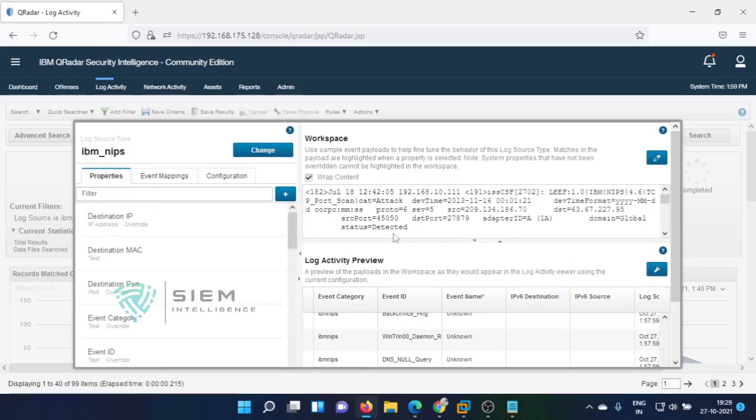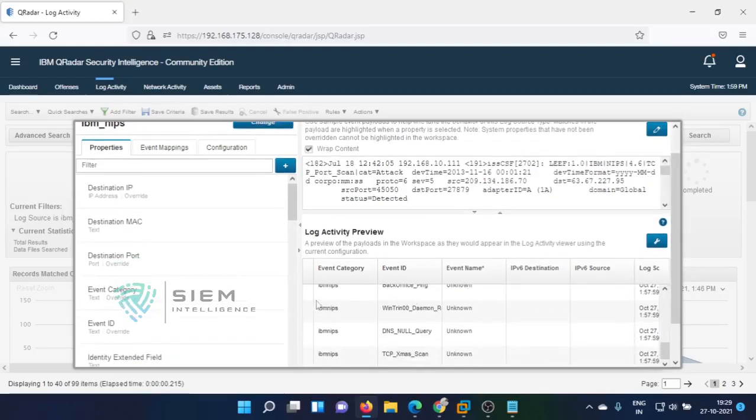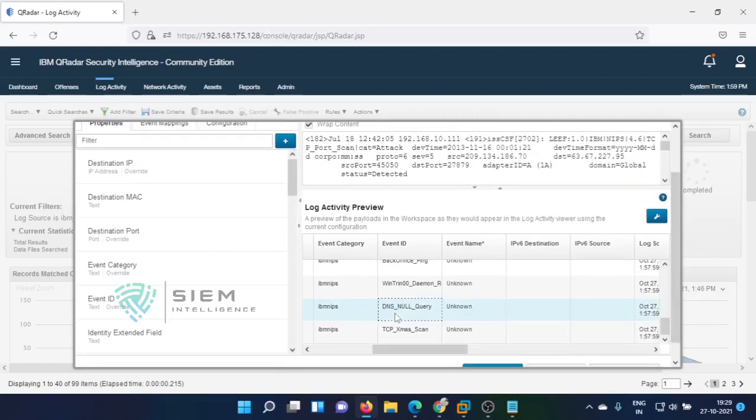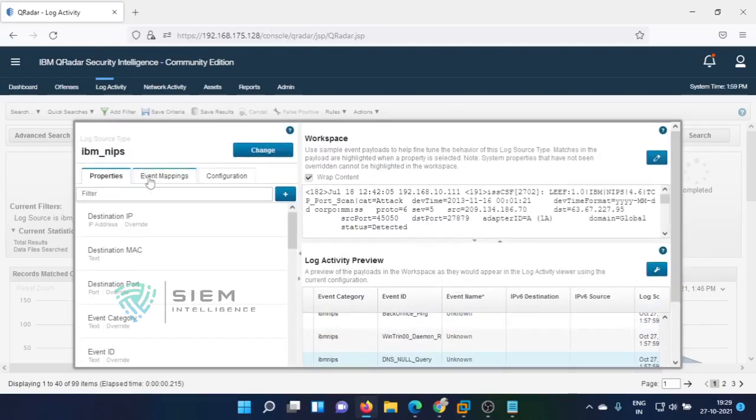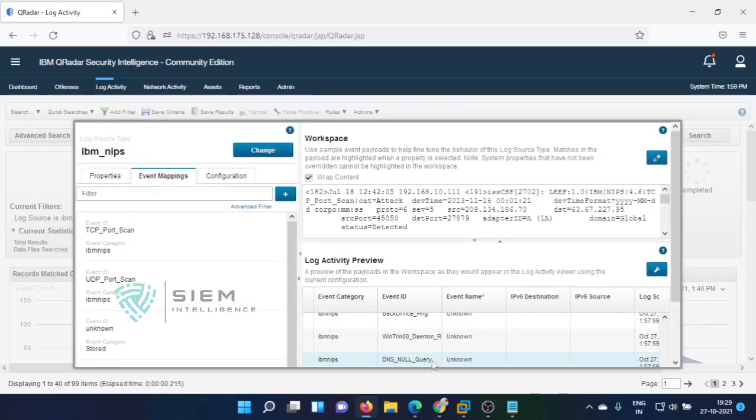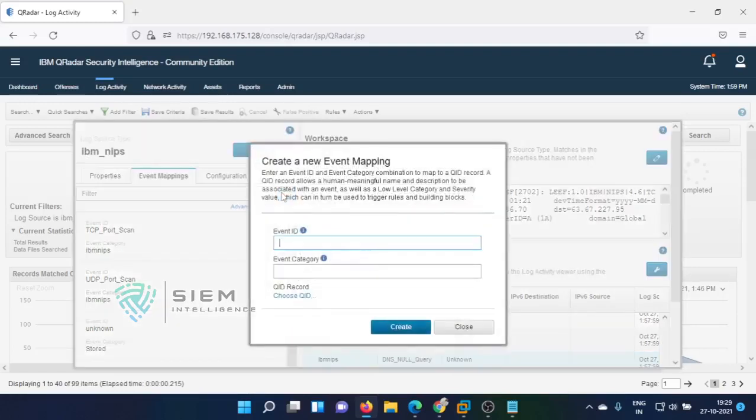So okay. So now I am going to add one more event map. For one more event map, what I am picking now, I am picking DNS null query and same condition. So again I go back to event map. I am copying this, so that need not to type. Why? Because this is very much important. It is case sensitive, and there is a space now. See, if you see there is a space, you have to remove that space, and at the end also, if you see there is any space, you have to remove.